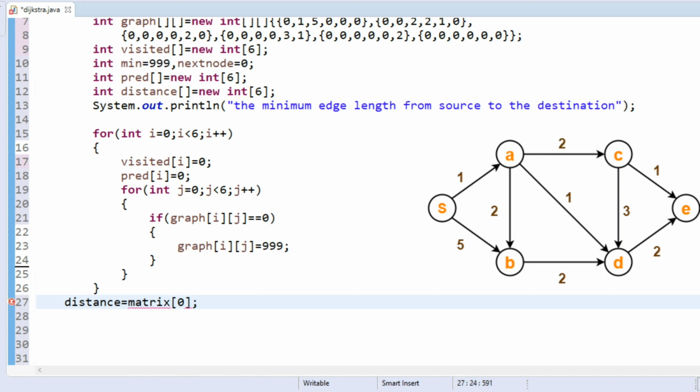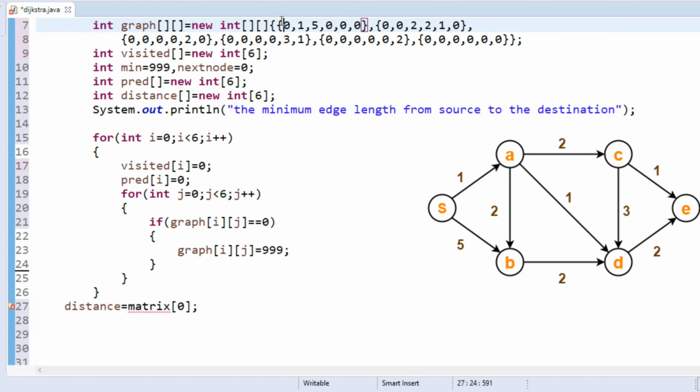So here actually the distance is usually represented as the distance from one edge to another edge. So here I represent the matrix of 0. That means if we have a matrix of 0, it means the first row of that matrix. As we didn't give any edge values, it will take the first row of that matrix. So that means